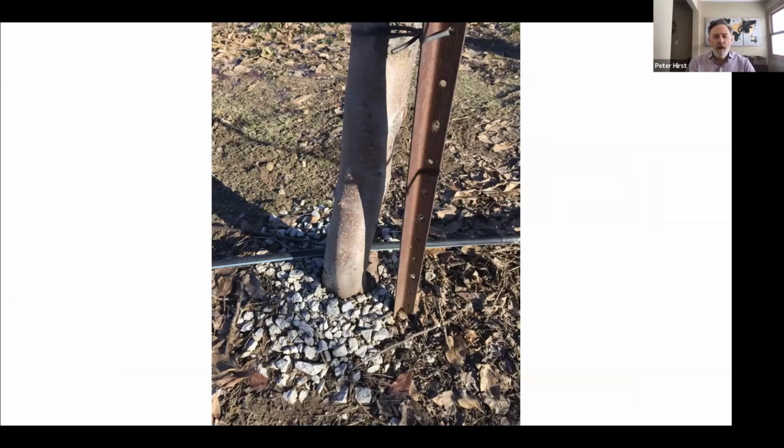One other thing that many growers do that seems to be quite successful is here we see a tree. We see a metal stake by the tree, and they put some gravel around the base of the tree. And this can do a couple of things. It can help bed that tree into the soil and help prevent sort of rocking in the wind. And the other thing it does, it helps